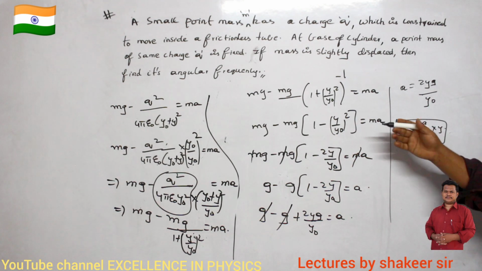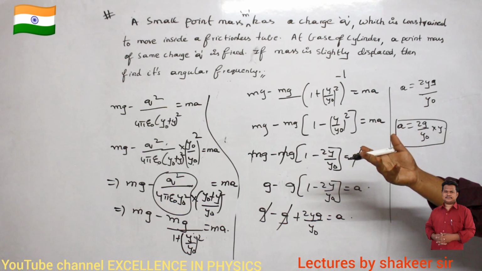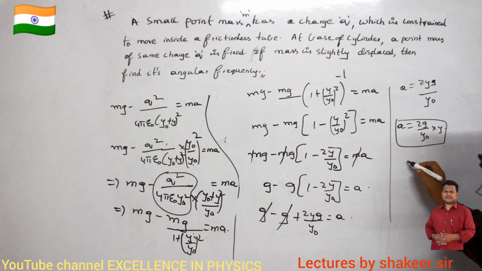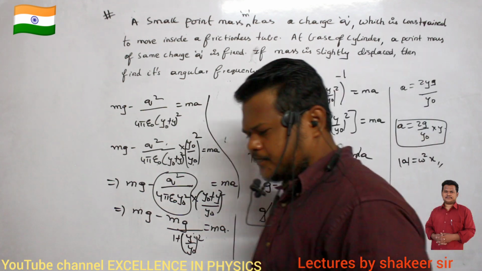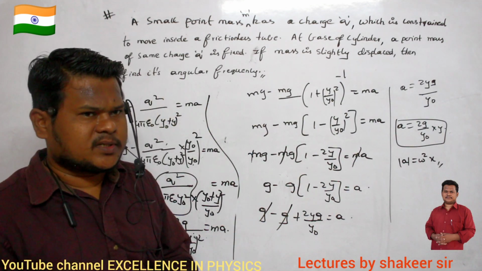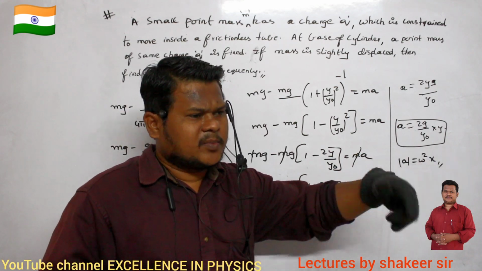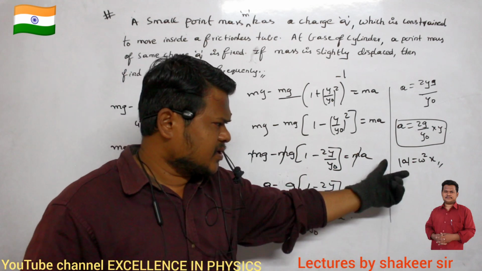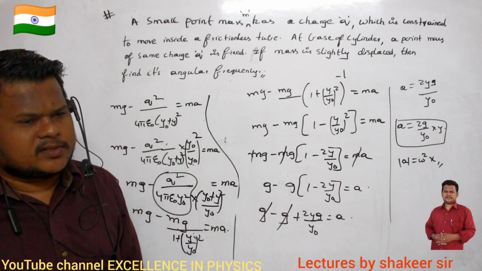A is the acceleration produced. And what is y? Y is the initial displacement of the body, no? So what is the equation of SHM? A is equal to omega square into x. This is the basic equation of SHM, no? Clear? Any body performing simple harmonic motion should satisfy this relation. A is actually equal to minus omega square x, but we are taking only the magnitude of a here. A is equal to omega square into x.